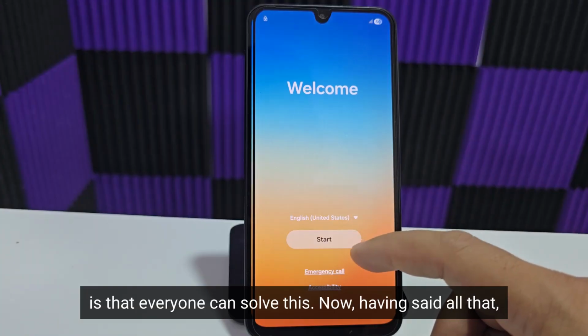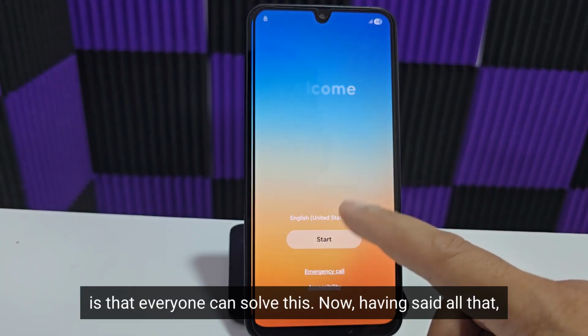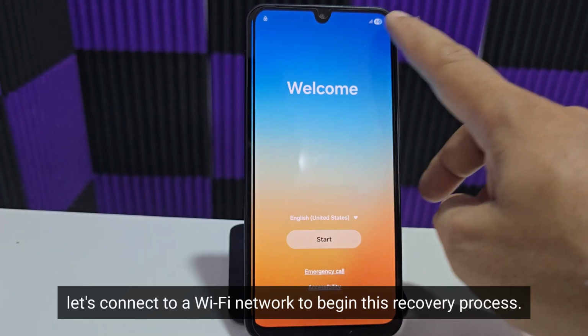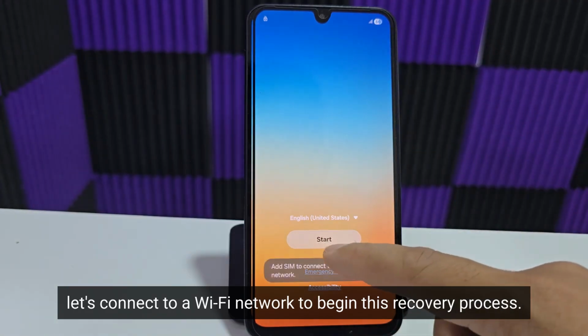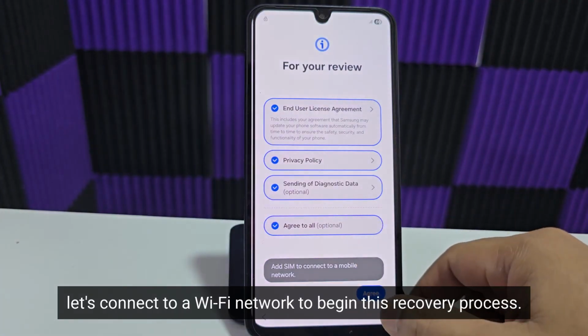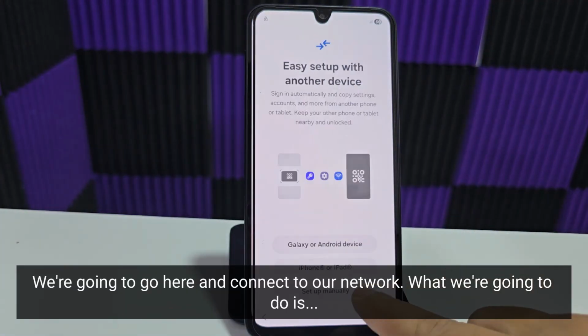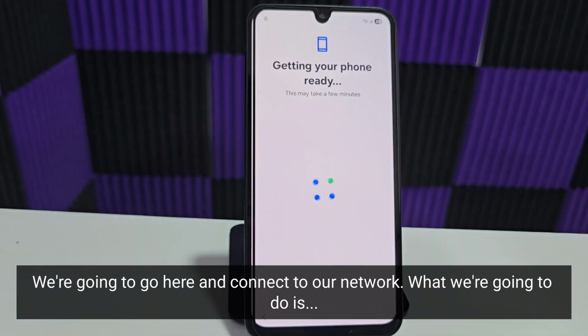Now, having said all that, let's connect to a Wi-Fi network to begin this recovery process. We're going to go here and connect to our network. What we're going to do is